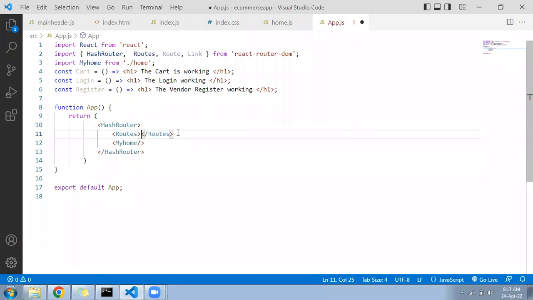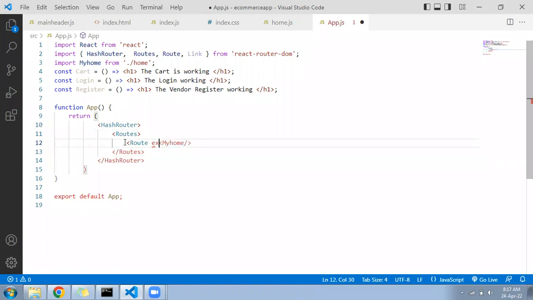Under the routes you will add this file and you will write the condition using the route, exact path equal to only slash, then element equal to